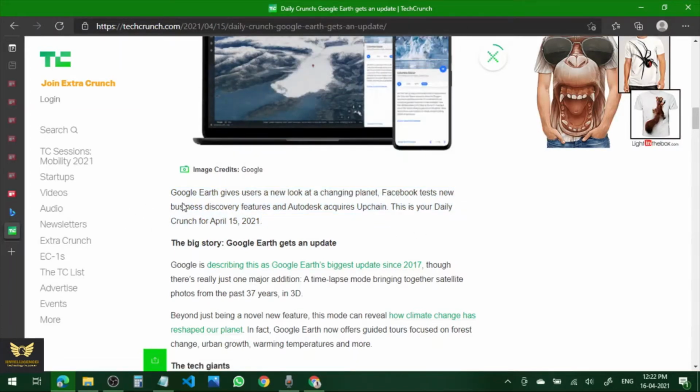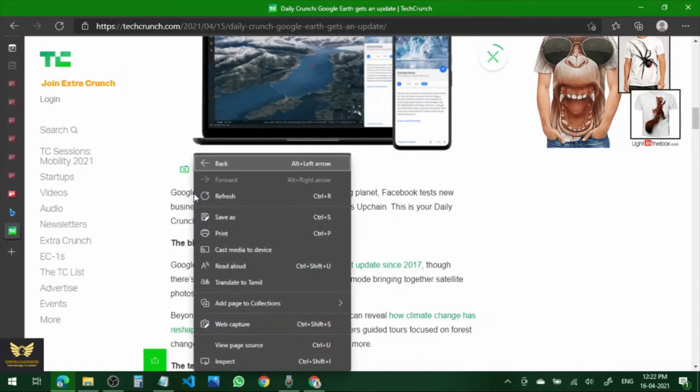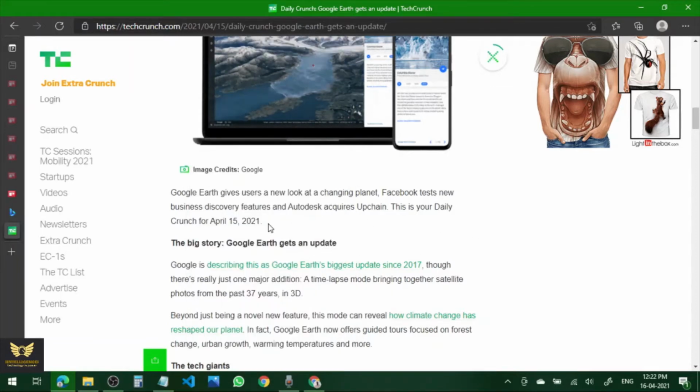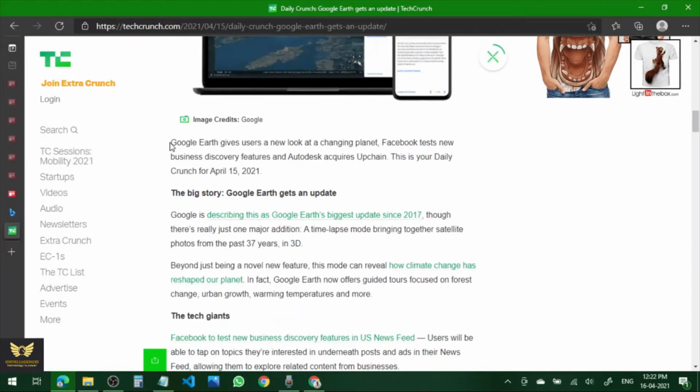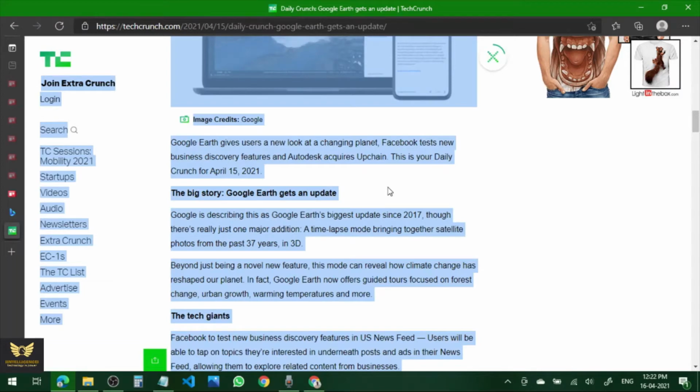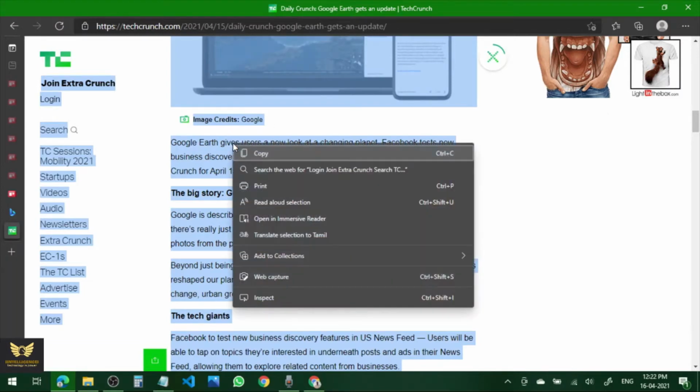Or one thing we do. Let me select this first. Let me select Ctrl A. Then you right click, then select open in immersive reader.